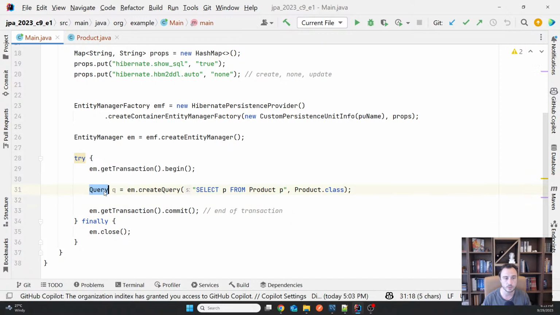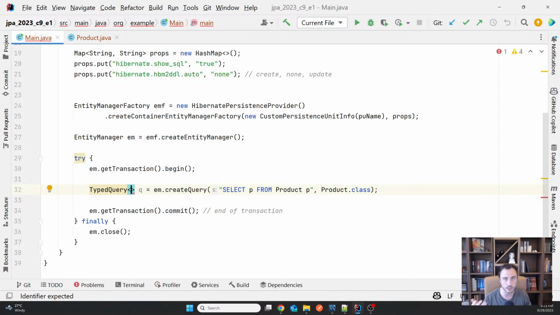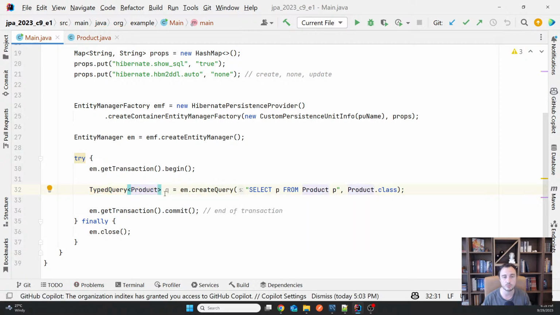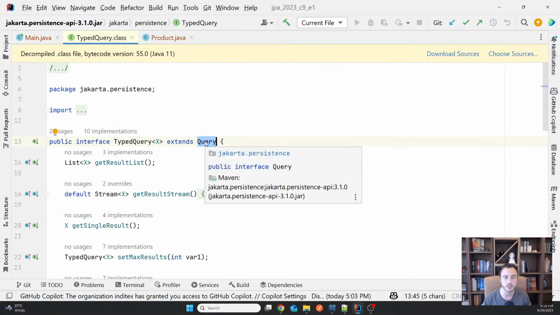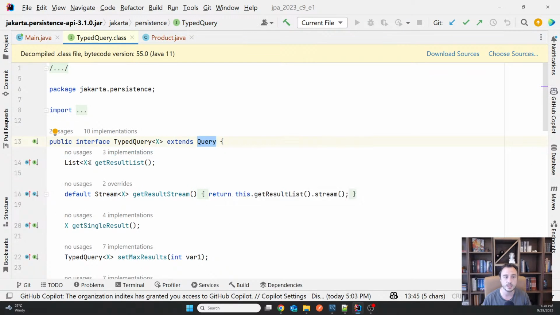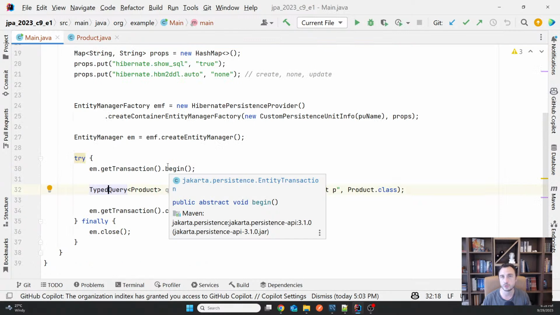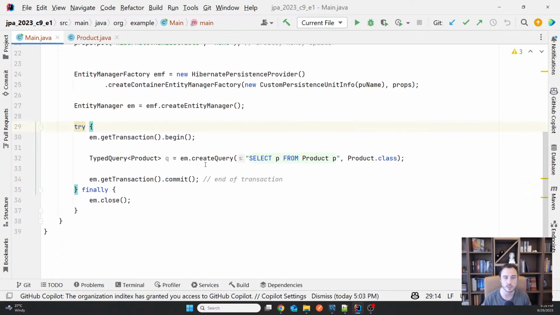In this case, it's what we call the typed query, and as the name suggests, the typed query also has a generic type, and now it knows how to map your values returned here into the object that you expect. So it's a lot more comfortable to use, and typed query is inheriting query, so that's the reason you've seen it working also previously, but it applies the generic types to all the operations, and it's again the way you would go with querying today